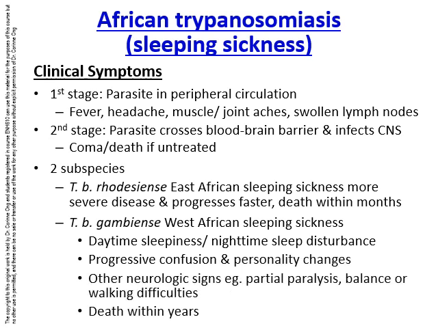During the first stage, the parasite is in the peripheral circulation, and symptoms include fever, headaches, muscle and joint aches, and swollen lymph nodes. In the second stage, the parasite crosses the blood-brain barrier and infects the central nervous system. This stage is life-threatening if the disease is untreated and progresses. There are two subspecies of African trypanosomes. The first causes East African sleeping sickness, which is the most severe disease and progresses faster, resulting in death within